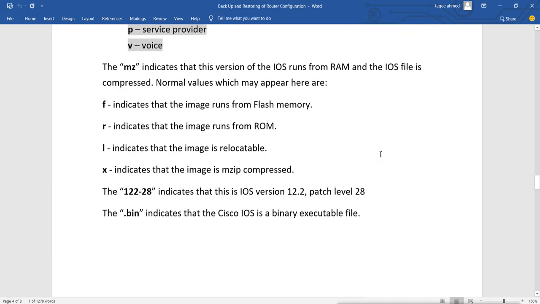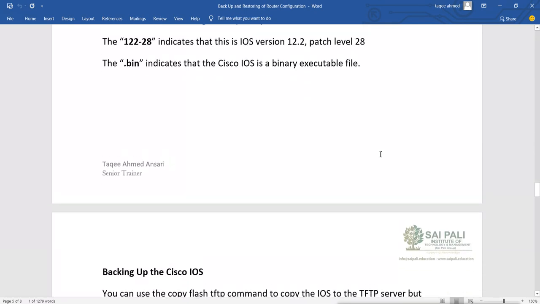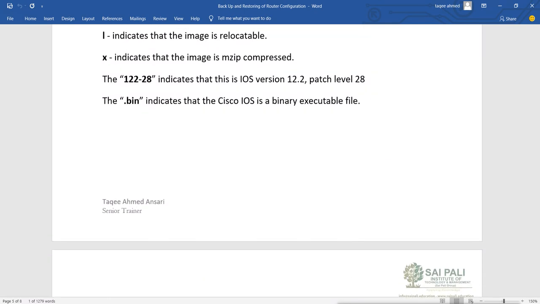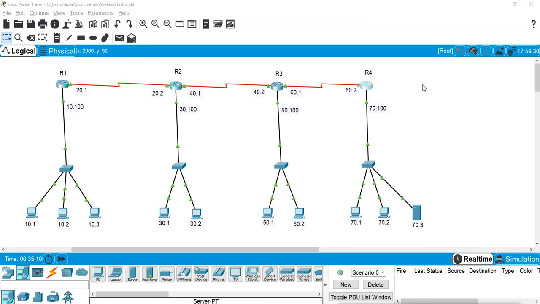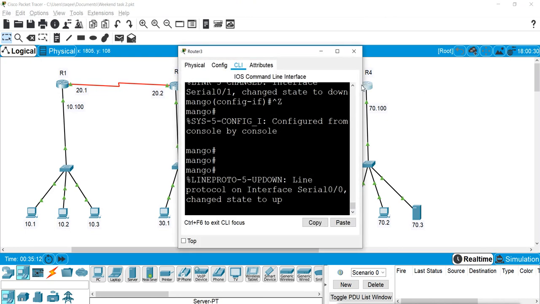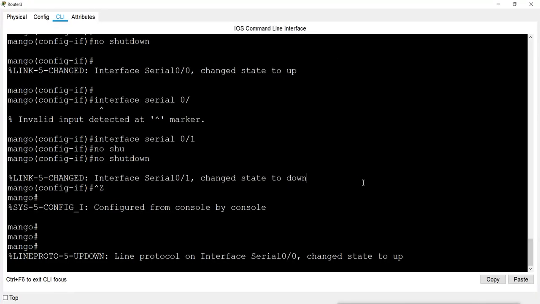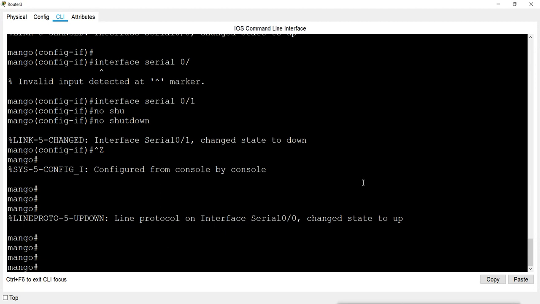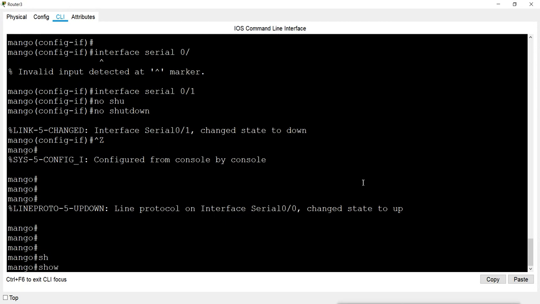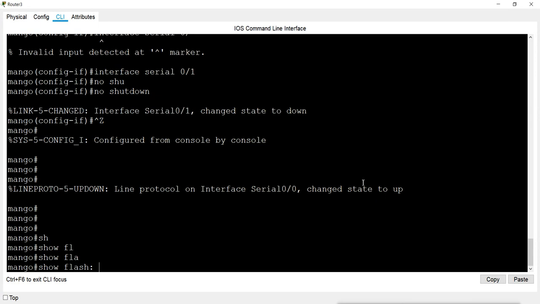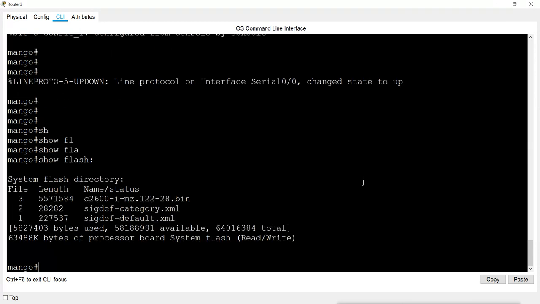So we can check this by giving the show flash command. If I want to check the iOS, I can give the show flash command to see the flash memory. And what it is showing here is also a 2600 series router. You can see there are 3 files, 1, 2, 3.